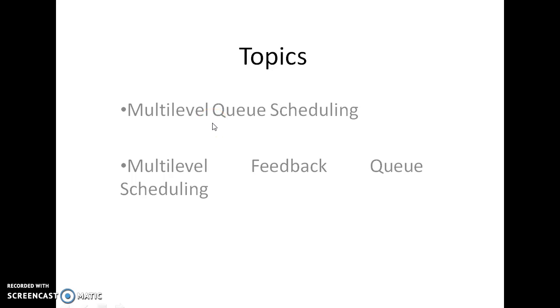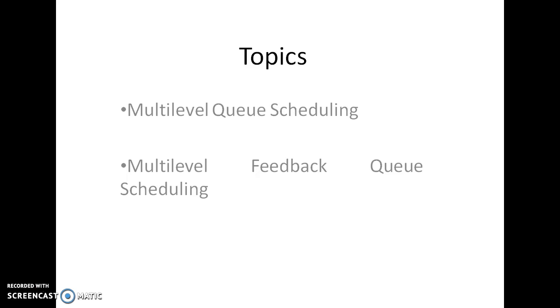Good morning. In the previous session, we saw different scheduling algorithms such as first come first serve, shortest job first, and preemptive and non-preemptive scheduling techniques like shortest job first, which can be preemptive or non-preemptive. In each of these techniques, there was one single ready queue, and we did not categorize the process according to whether it was a foreground or a background process.